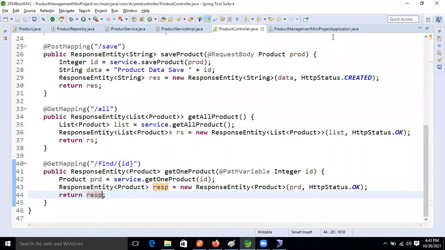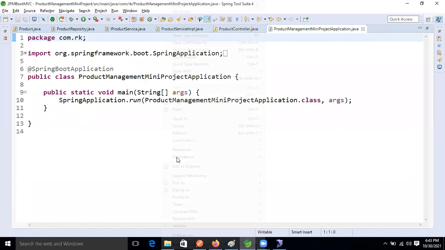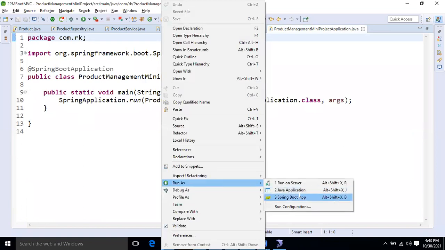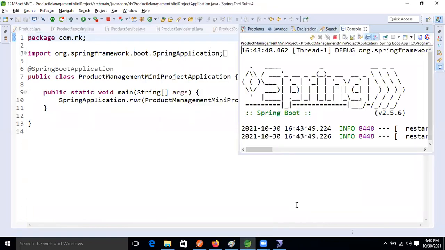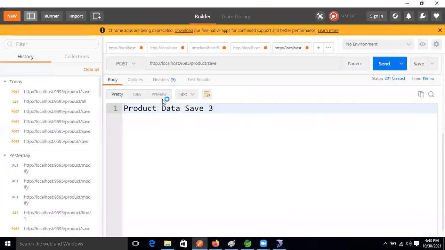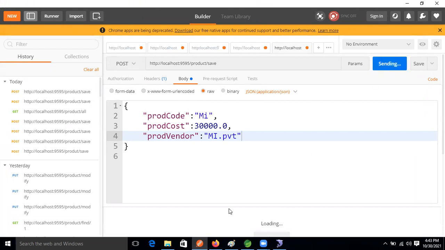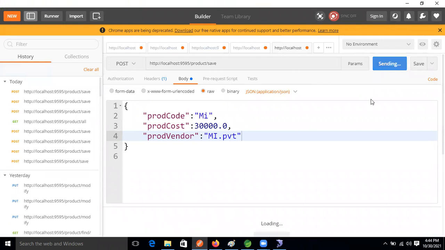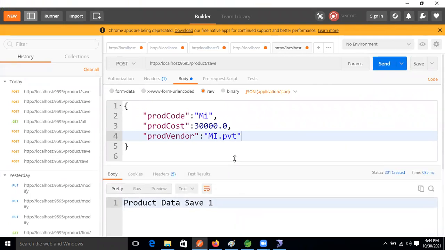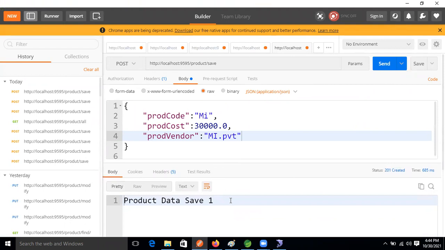So now let's run our application. I'm running this application, guys. Come to Postman and here post and save some data. MI is there. Let's save the data. No issue. Now the data is stored, guys. One product is saved in the database.